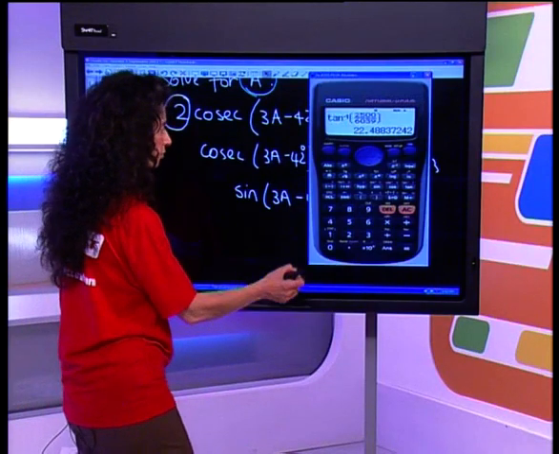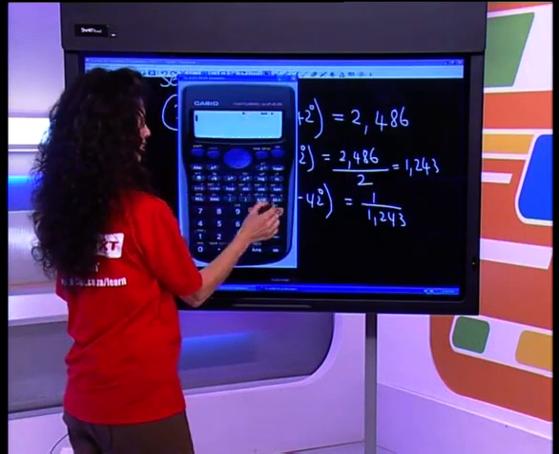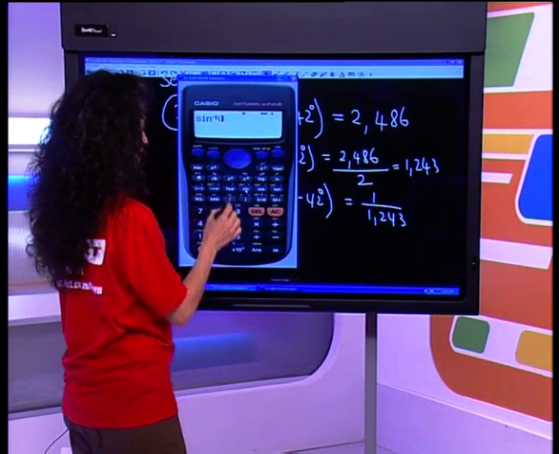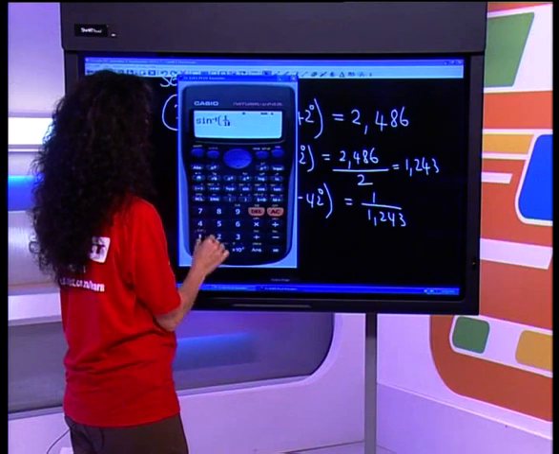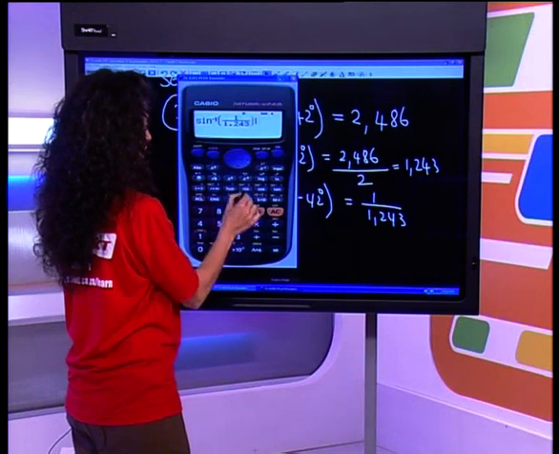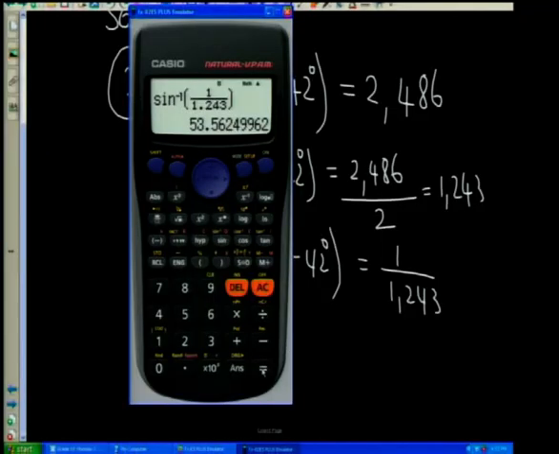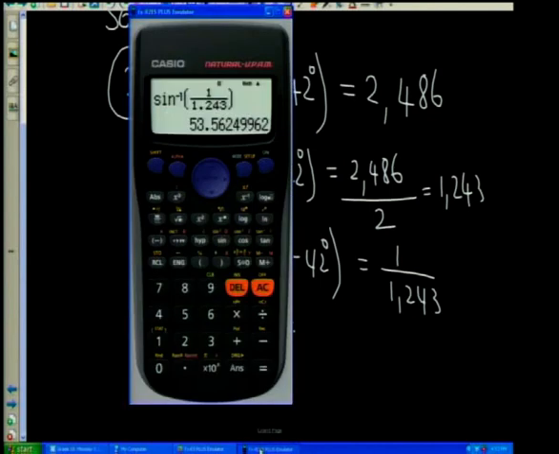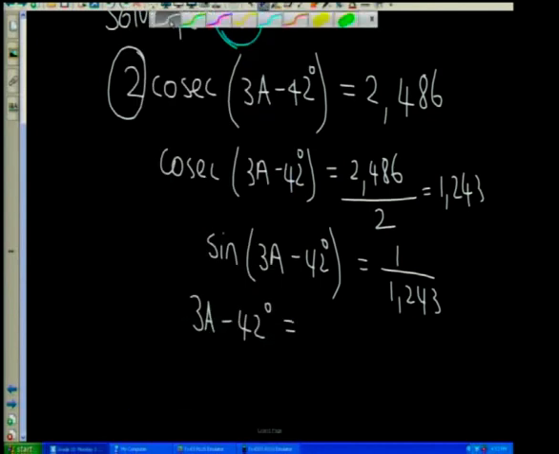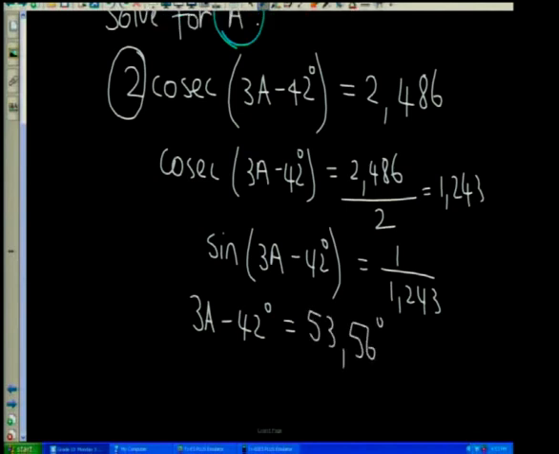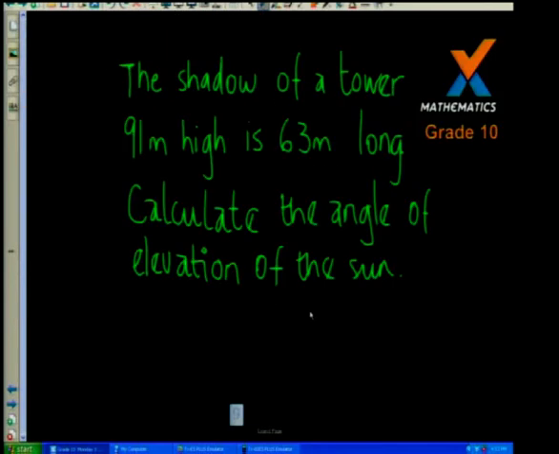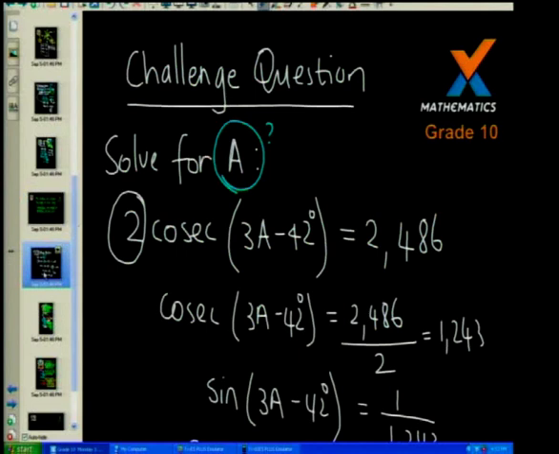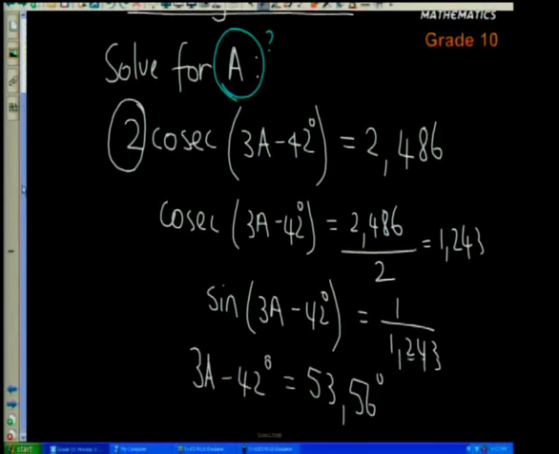So we're wanting to know, it's a sine function, so it's sine to the minus 1, and it is 1 over 1.243, and that equals 53,56. Okay, so 53,56. So therefore, our angle of 3A minus 42 degrees, what was it again? 53,56. And we can now solve the equation